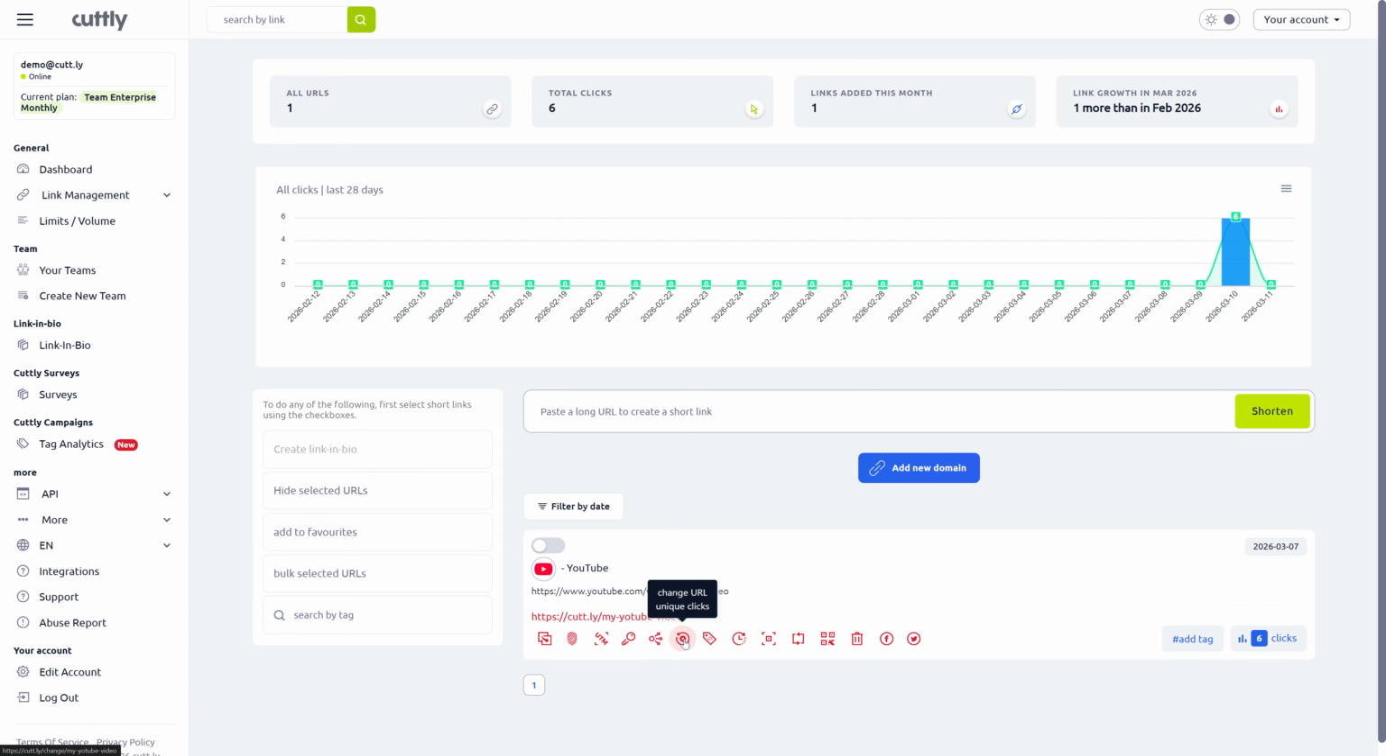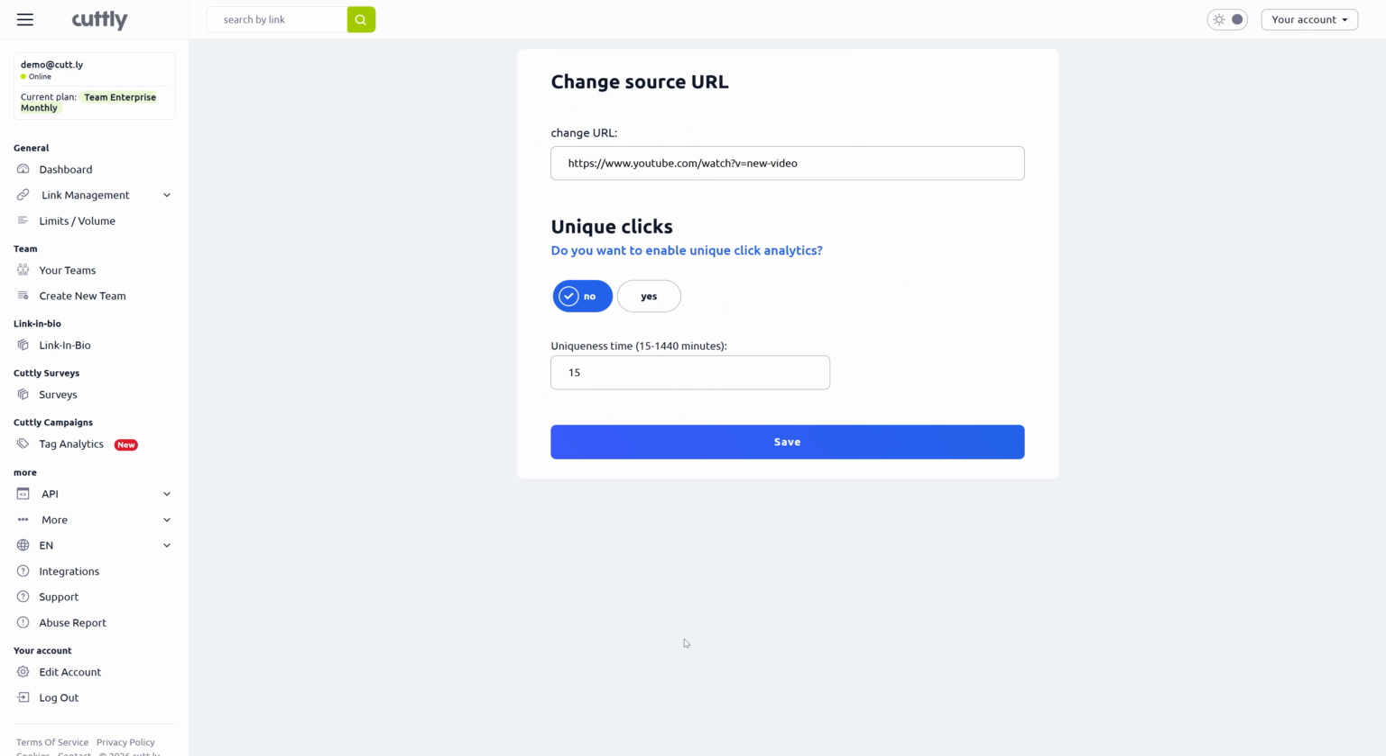Click the setting icon next to the link, Unique Clicks. Here you will see the Unique Clicks option. Enable Unique Click Tracking. Unique clicks mean that multiple clicks from the same user within a specific time window will only be counted once. You can define the uniqueness time window,